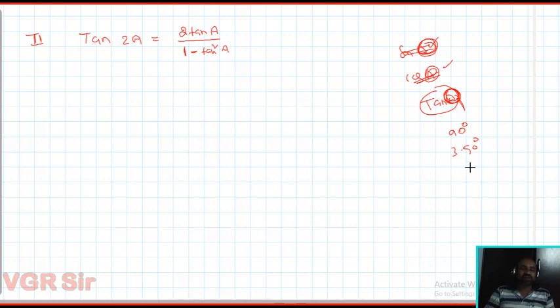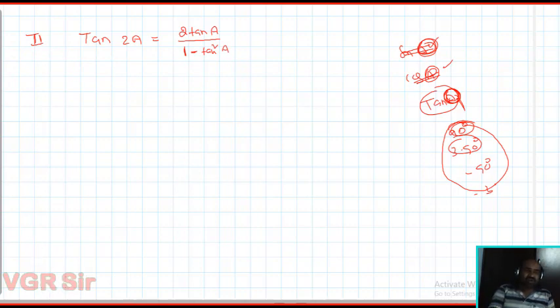By using the coordinate plane, from there you can say that if the angle is 90 degrees, or 3 into 90, or 5 into 90, or minus 90 degrees, or minus 3 into 90 degrees, for these angles tan is not defined. That's why I took this as a separate case. Tan 2A should be defined, meaning 2A should not be of the form 3 into 90, 5 into 90. Similarly, the RHS part depends upon tan A, so A should not be of the form 90, 3 into 90. That's why you need to take care while defining trigonometric ratios other than sin and cos.